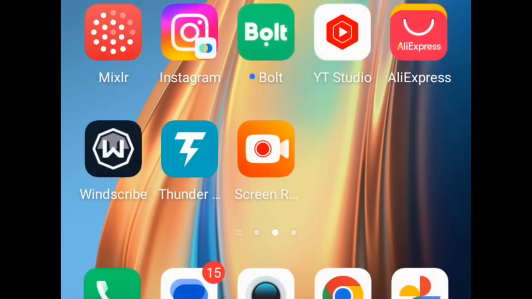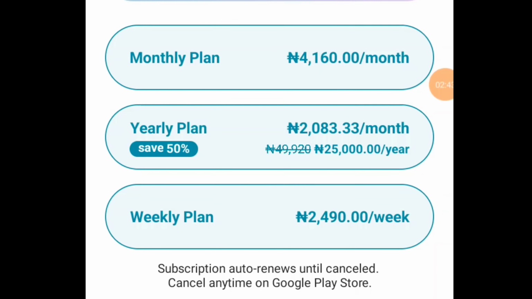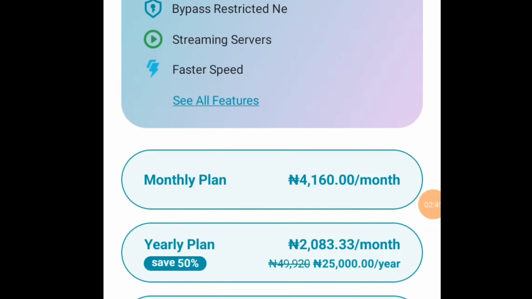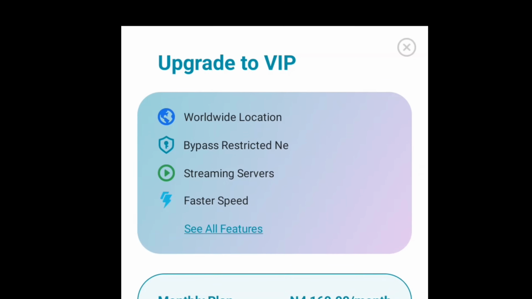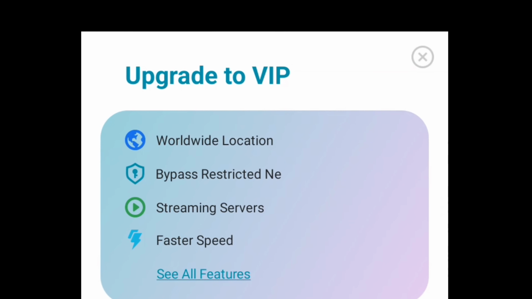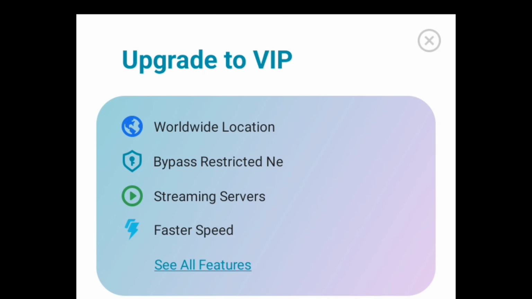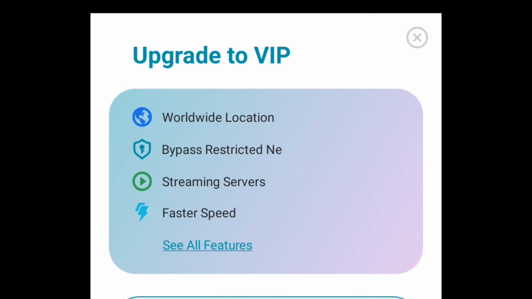So the other one I also wanted to use is this Thunder. So this Thunder is very easy to use. All you just need to do is click on Thunder. When you click on it, it will open. It's going to show you upgrade to VPN. Don't click on upgrade. Don't upgrade anything. Just go ahead and click on this like a multiplication sign on this round box like this,